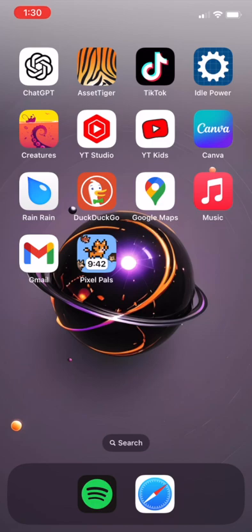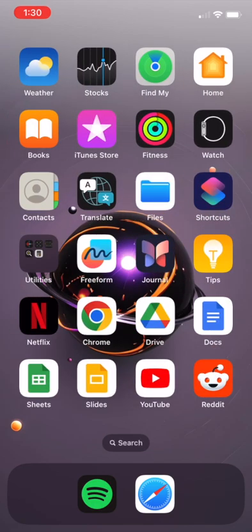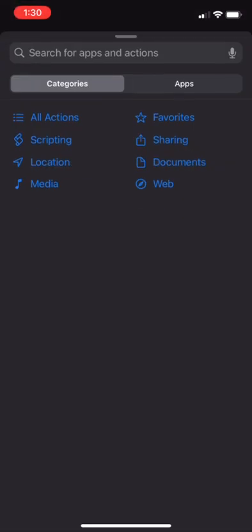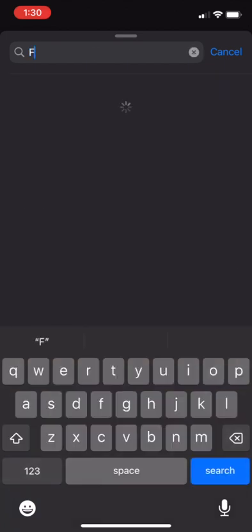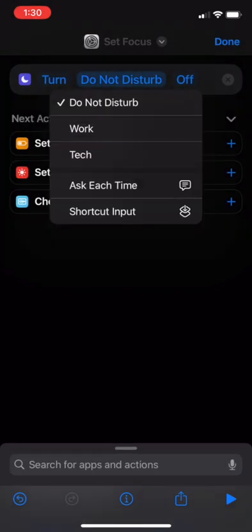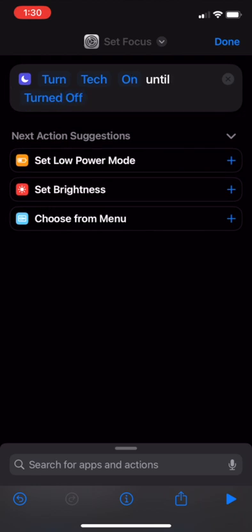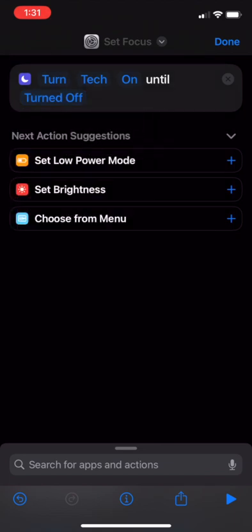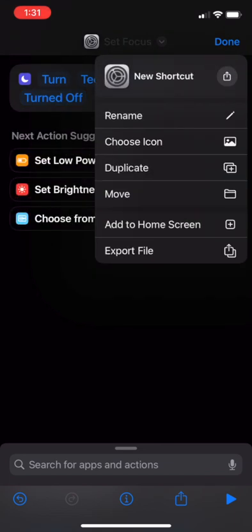The next thing that I'm going to do is create a shortcut for this. So if you don't have it already, get the shortcut app, go into it, press the plus. Now I want to add this action. You can type in focus and set focus and choose which one, tech. And I want this on until it's turned off. You can also switch one of these, like when I leave, ask each time, whatever, but I'm just going to have this be a toggle. So I'm going to call this shortcut